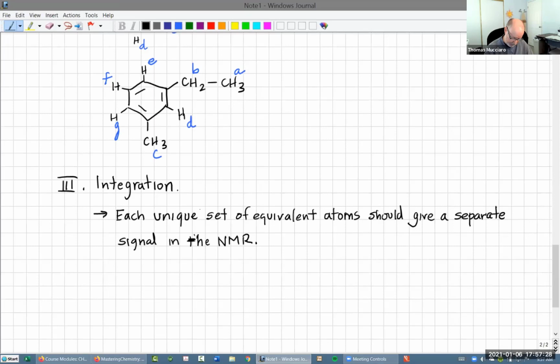So why do we care about sets of equivalent hydrogens? Because each set of equivalent hydrogens should give a separate signal in the NMR. Okay? So when we look at our NMR spectrum, if I have 5 sets of unique hydrogens, I should have 5 signals in my NMR. Now I call them signals because when we get to splitting, we'll see that a signal can be split up into multiple peaks, but they come together. Okay? So it's this group of peaks. Now, what integration then says is